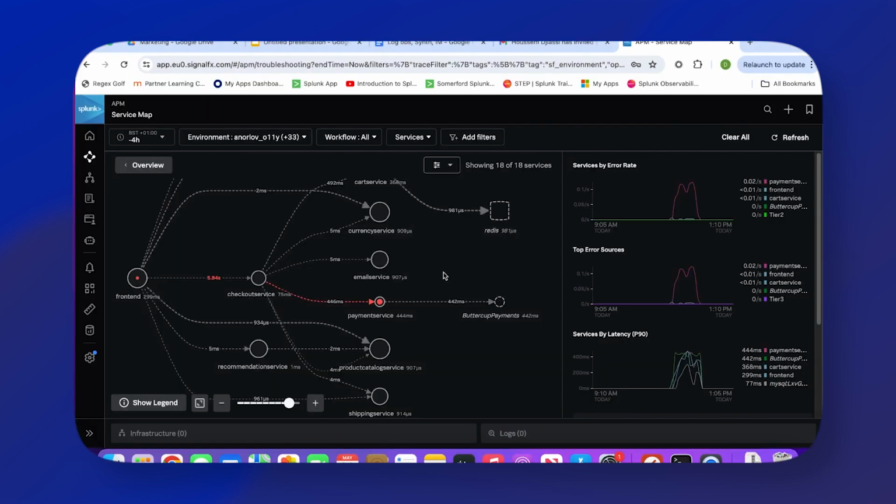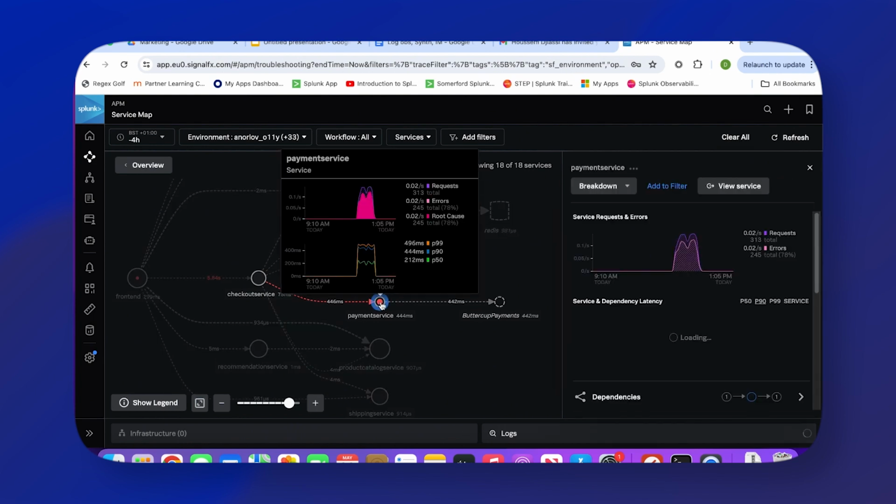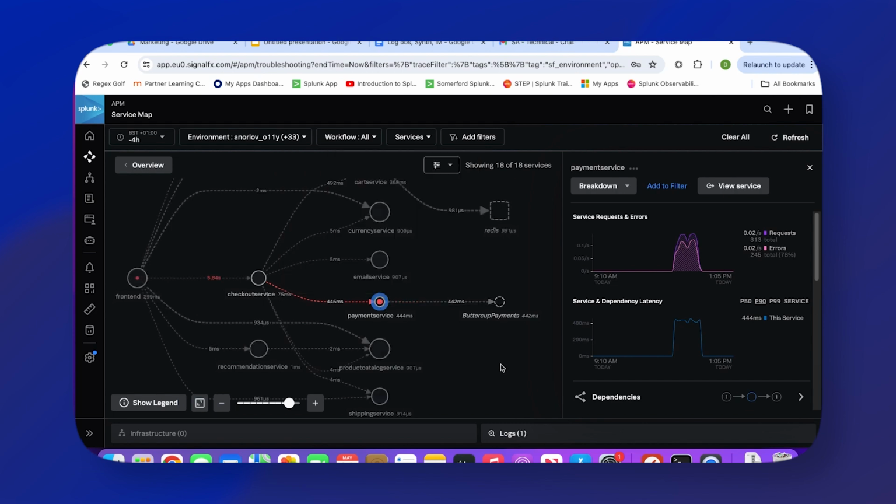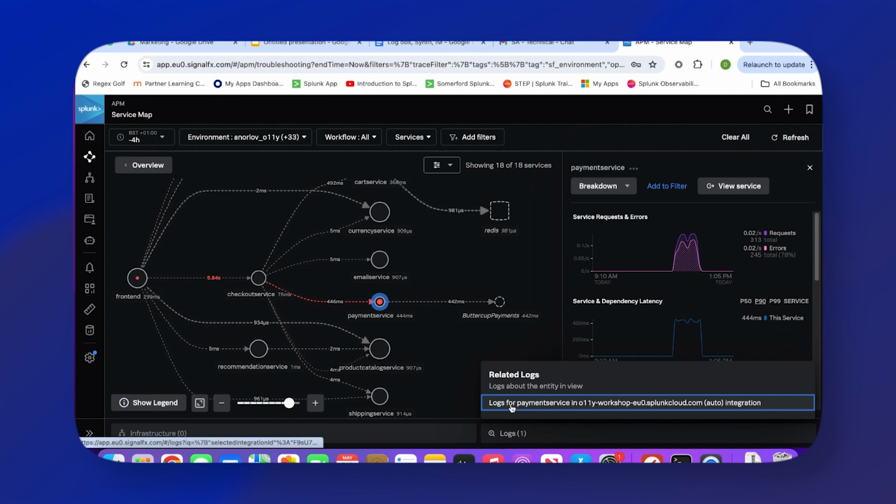So here we are in Splunk Observability Cloud, but we're not currently looking at Log Observer, we're in APM and we're looking at a service map. And what we can see from this service map, there's some sort of problem with our payment service. And what Observability Cloud enables us to do is to click on that payment service, and down here in the bottom right we have a button that says Logs. And if I click through,